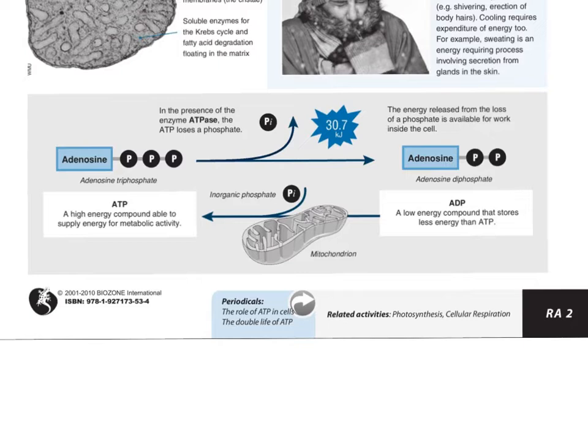Where did that energy come from? Well, it depends on which process we're talking about, photosynthesis or respiration. All right, so inorganic phosphate, where does phosphate come from? It comes from rocks. So phosphate is a mineral. It's found in rocks. So ADP is a necessary substrate. Add a phosphate, you make ATP.